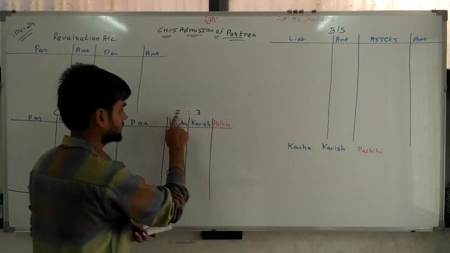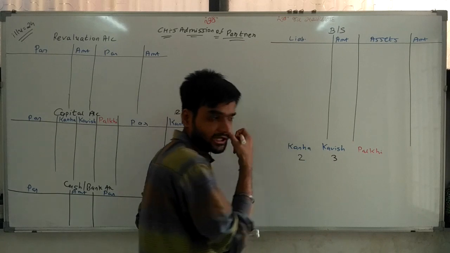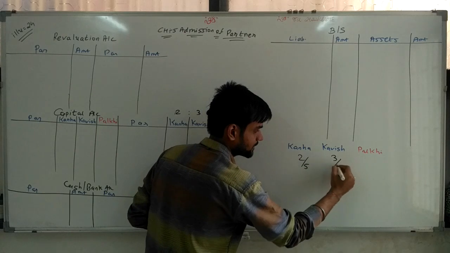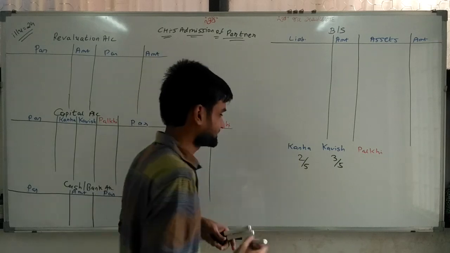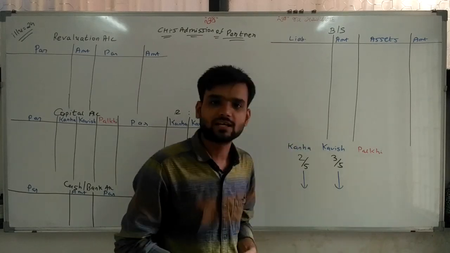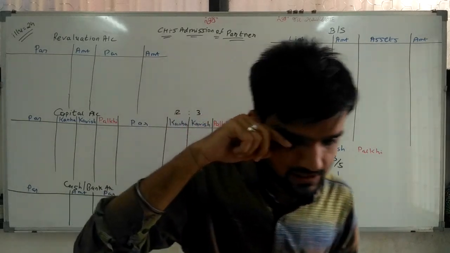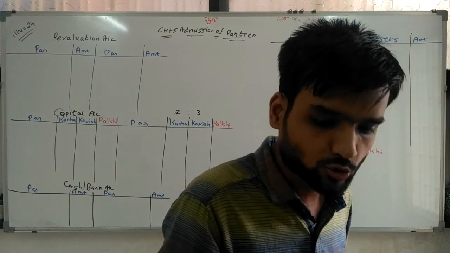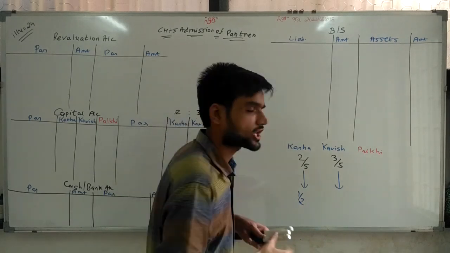Now the ratio is given 2:3. So sir, their ratio is 2:3. It means I can say 3 plus 2 is 5, so 2/5 and 3/5 is the ratio of Kahana and Kavisha. Now important thing. Kahana sacrifices, Kavisha also sacrifices in favor of Palki. Now what is the sacrifice made by Kahana? Sir, Kahana sacrifices 1/2 of her share.